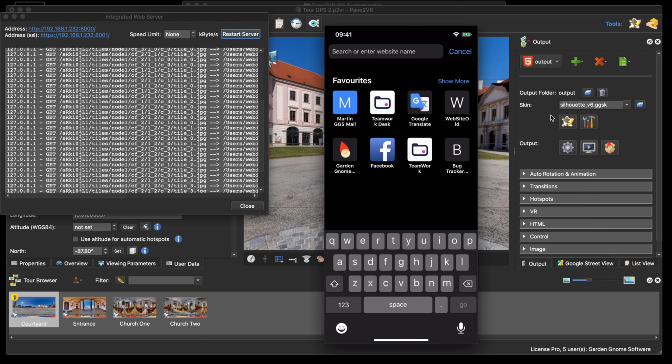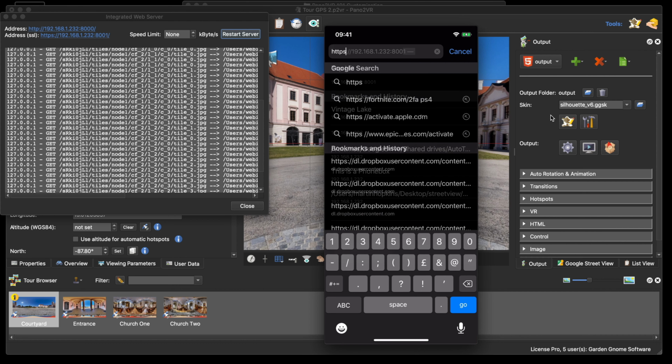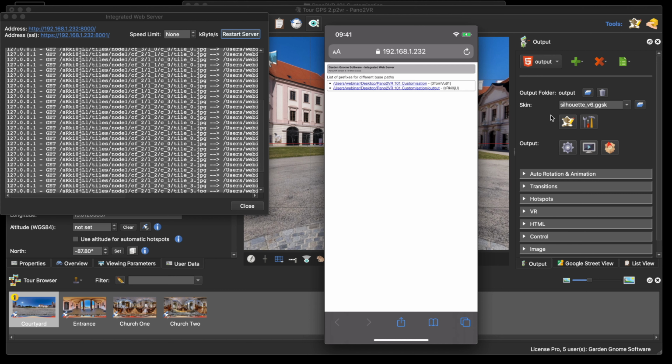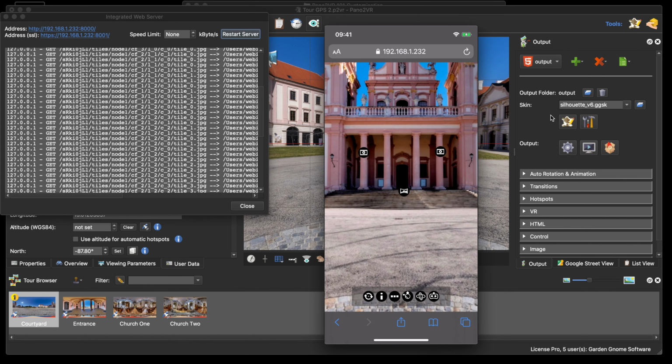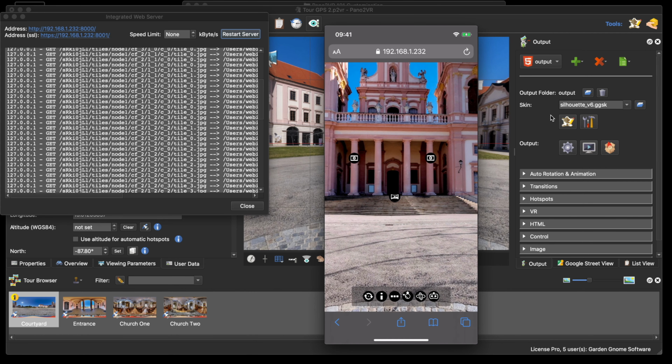So what I need to do now to make this work is just type in the address, which will be HTTPS. So when I click go, there we go. So this is now my iPhone on our network seeing the output. So I'm going to select the output folder and I'm going to select the HTML page. So this is now the tour being served to my phone. So this is me touching the phone and testing the tour. Okay, so